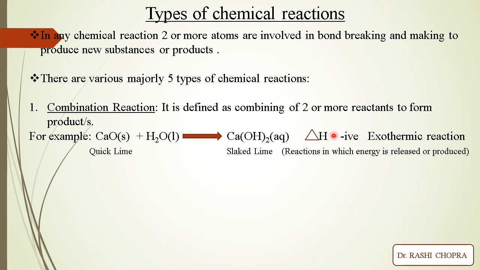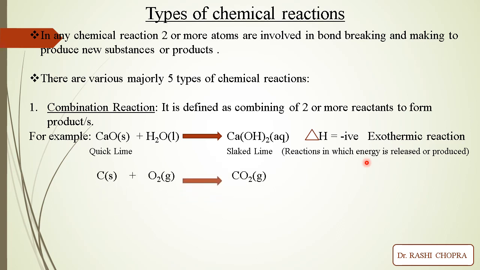And the enthalpy, this is the symbol of enthalpy, delta H. The enthalpy is negative in sign. For exothermic reactions, the enthalpy change delta H, which we will do in the higher classes. But please remember that the change in the energy, the change in the heat, from initial to final state, the sign would be negative. Okay, so a large amount of heat is released when a combination reaction is done. So enthalpy is negative, the reaction is exothermic.